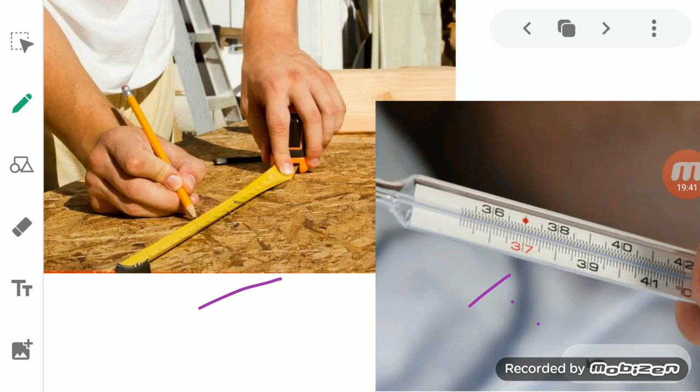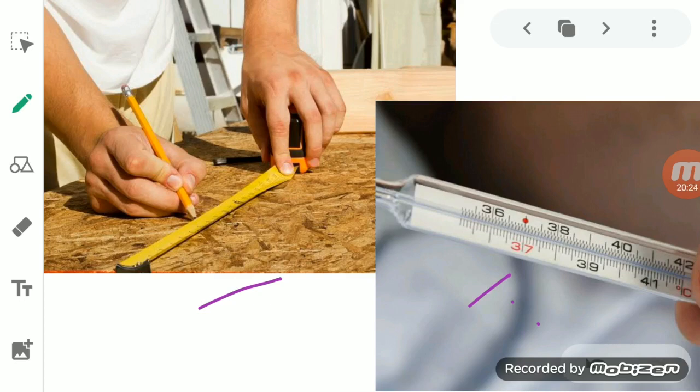Now, by this we come to understand that measurement is an essential part of our everyday life. Whatever things we take or use, if needed, we measure it and then finally use it. It is an essential part of our day-to-day life. The use of measurement not only makes our life easy, but also helps us save our time, our effort, as well as our money.